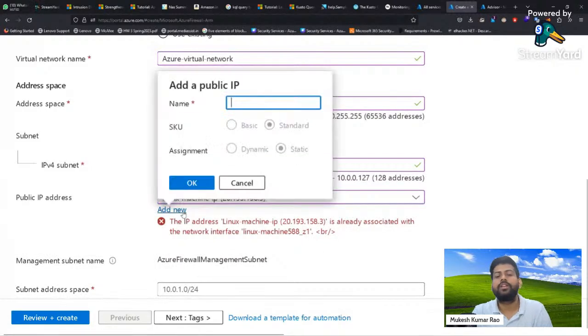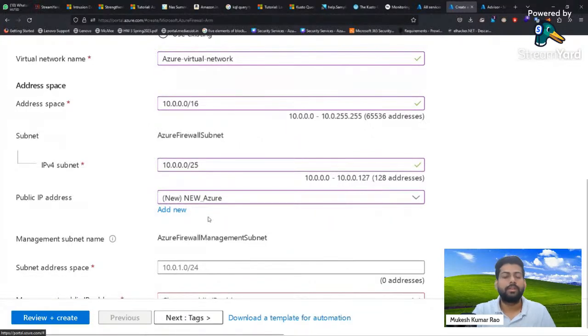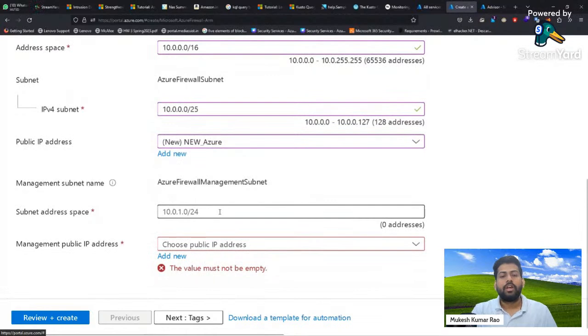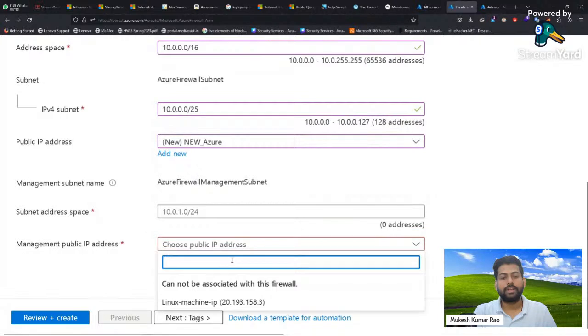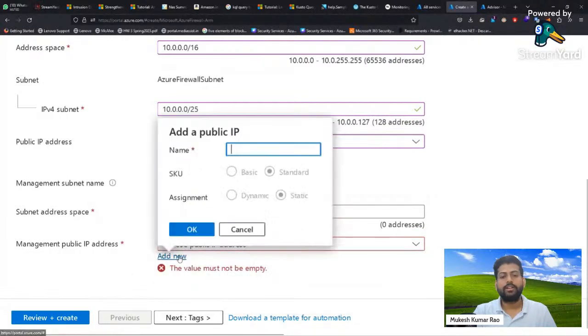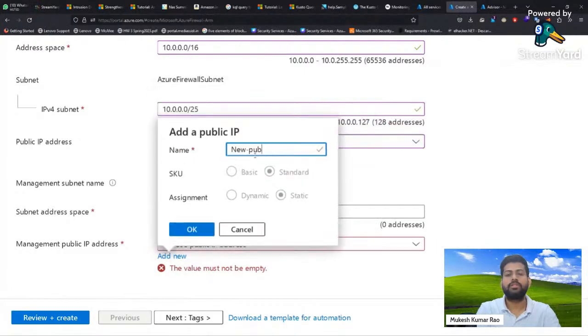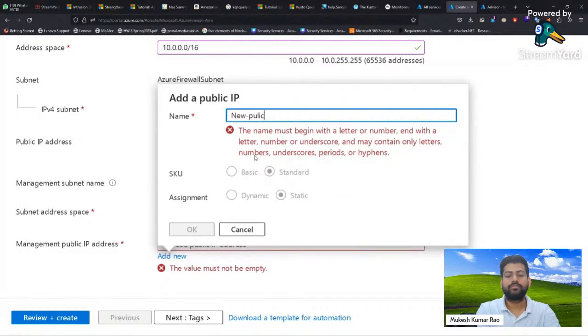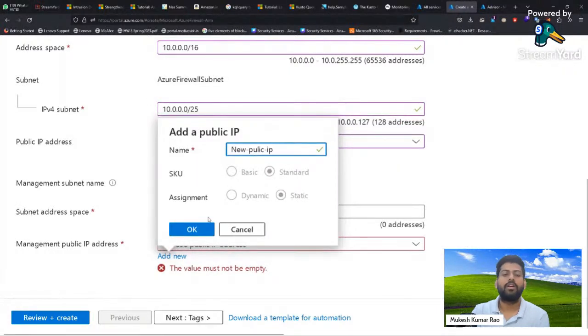So we can get a new public IP. We'll say new Azure. Okay. So we will create a new public IP range. Subnet address is already assigned. And then you can create here also a new public IP. Okay. That is connected.